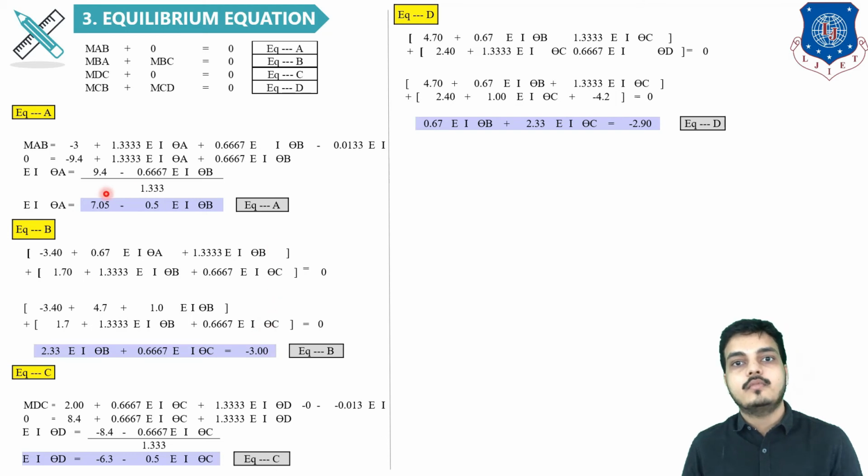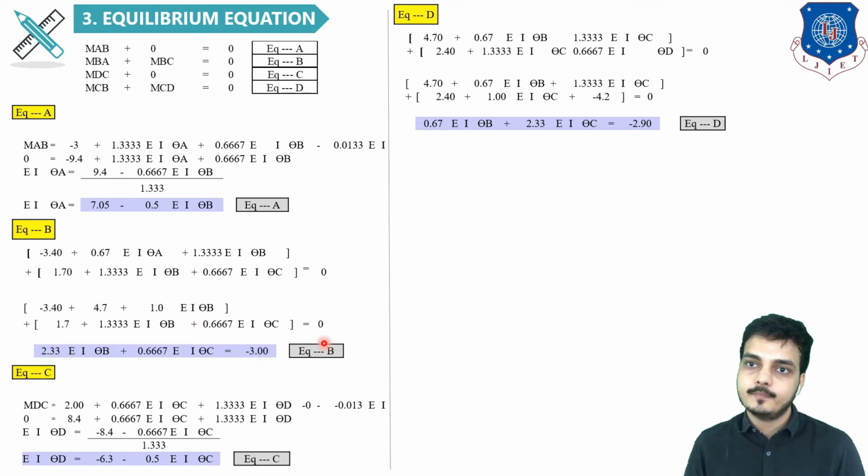So that's why, first of all, I have made EI theta as an unknown and then placed it in the next equation to get a simple B and C unknown equation, because it is easier to solve. So this is the only reason I have made equation C as MDC equals 0. As per sequence, this equation should come up and this equation down, but for this type of calculation I have made MDC equals 0.